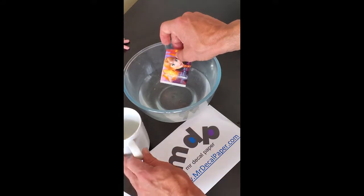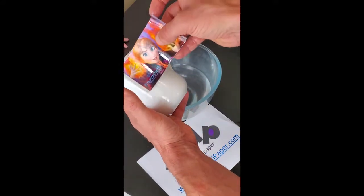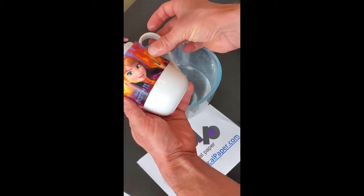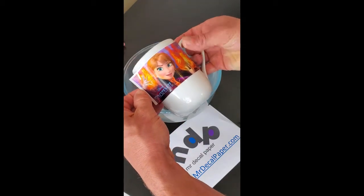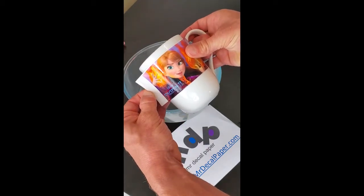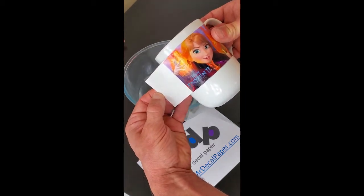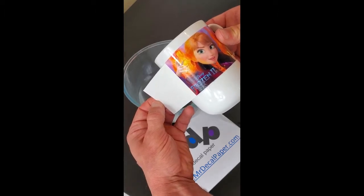So here we get the mug, and we're just going to catch the edge of the decal paper and slide that backing paper away from it. Now this is not a sticker, this is a film and provides a factory finish, very close to factory finish